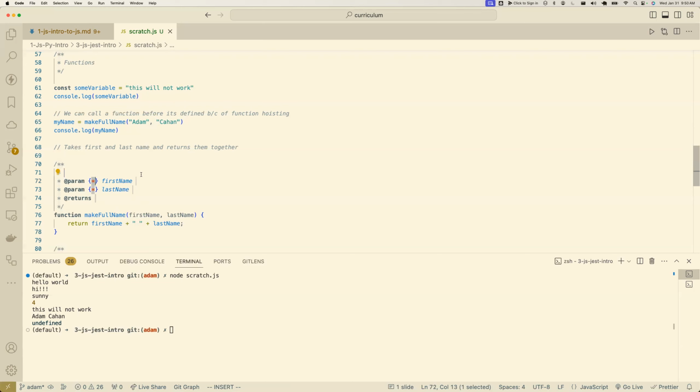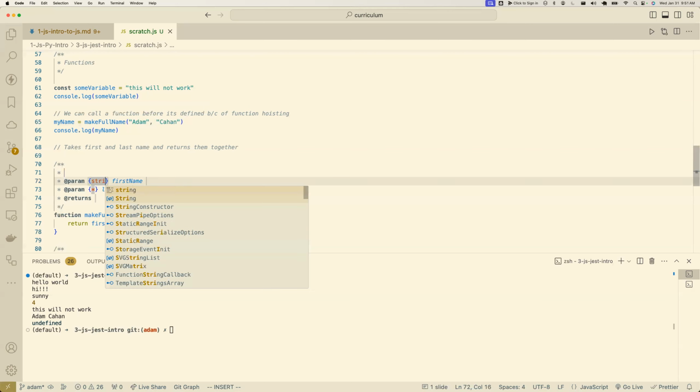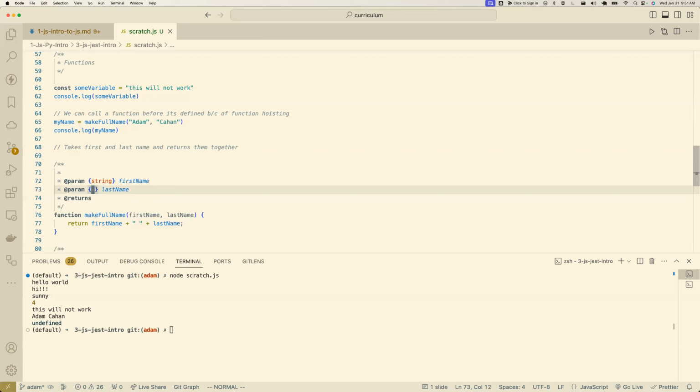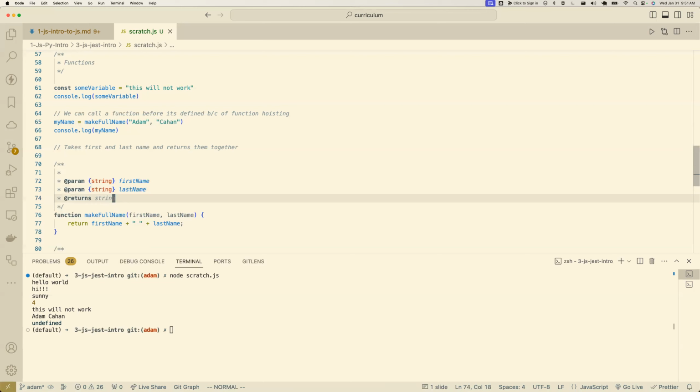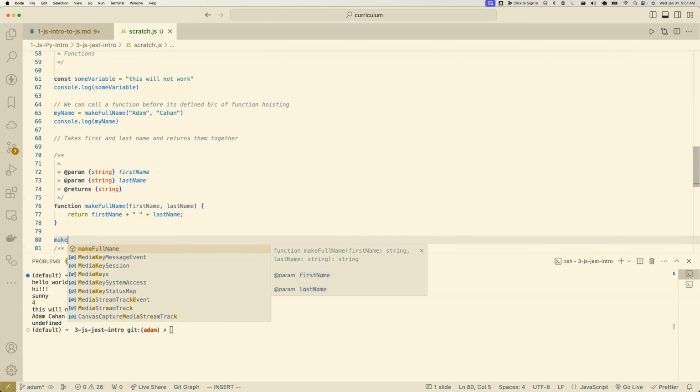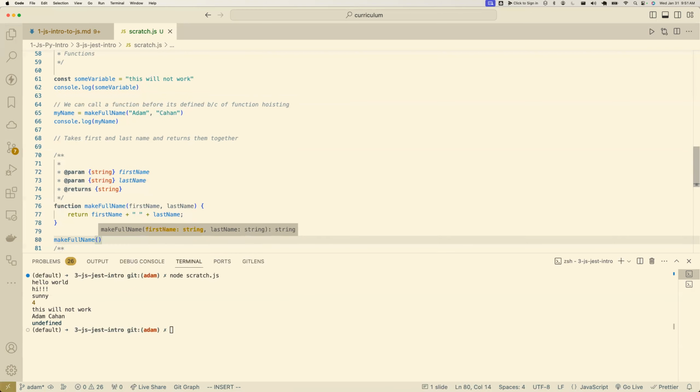And here it wants param, right? This at param is the function parameter or argument. And it wants the type. And this is all a comment. This is not code. But now if I hover over this, VS Code gives me information about this function based on that specially formatted comment. And if I call this later, like make full name 7